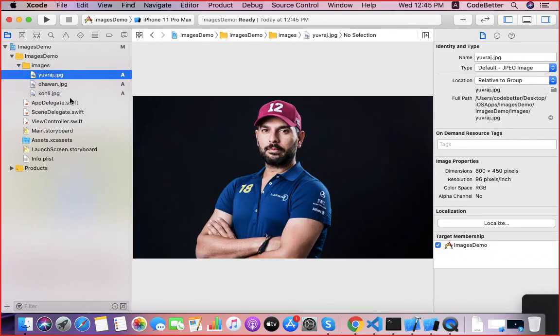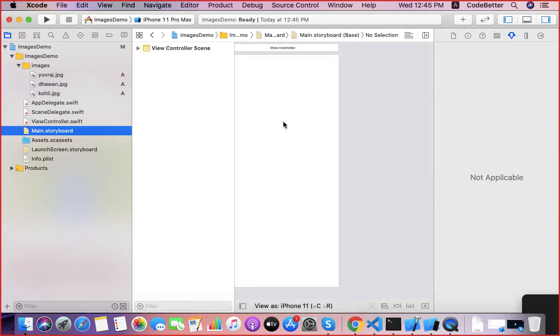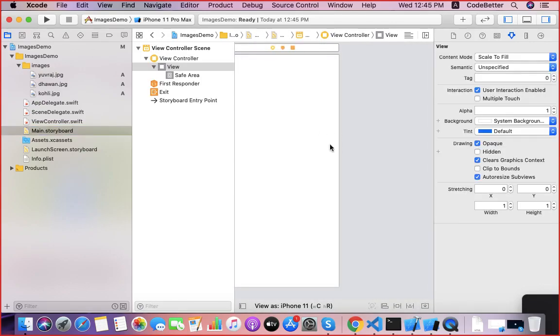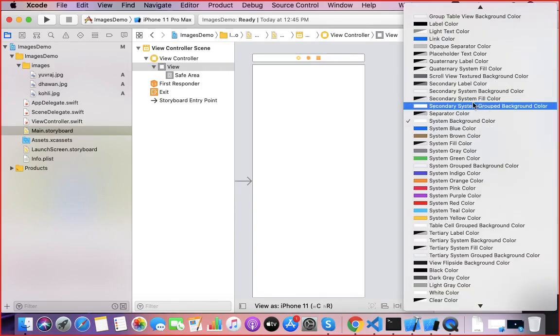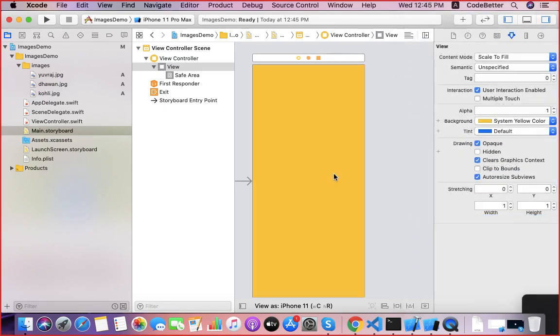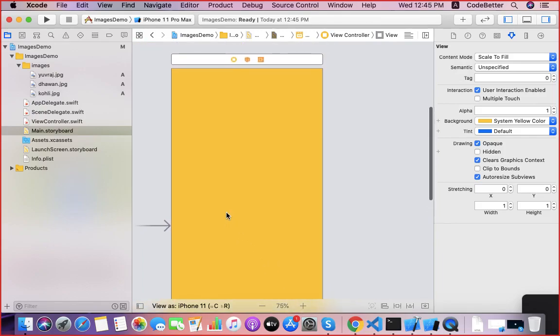Now you can display only one image at a time. If you want to display all images, you need 3 image views. But if you want to display only one image at a time, you need only one image view. So to display an image, you need an image view.